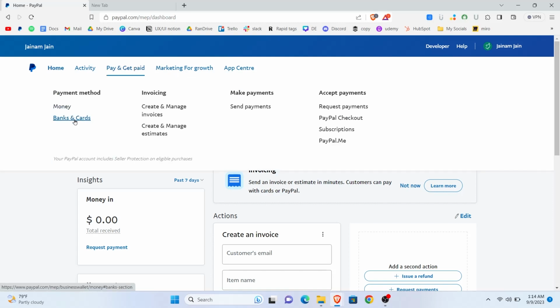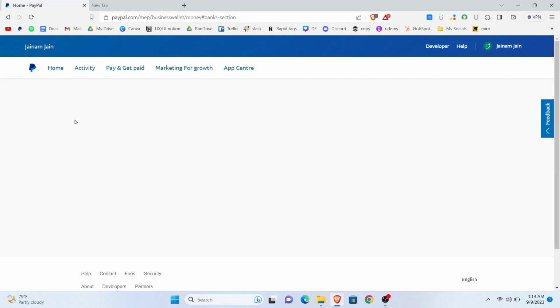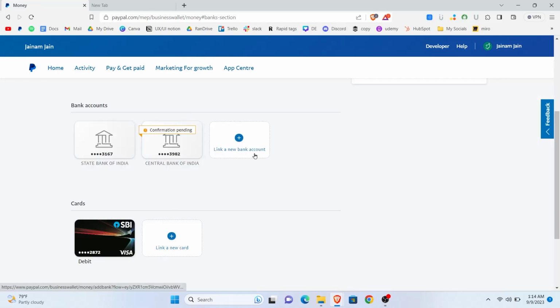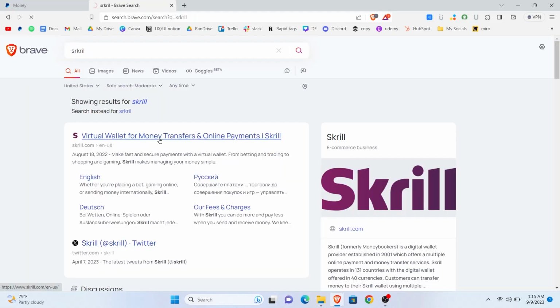And go into Banks and Cards. You can see you don't have any options other than bank or card. Now to withdraw money without a bank account, all you need to do is open up a new tab and